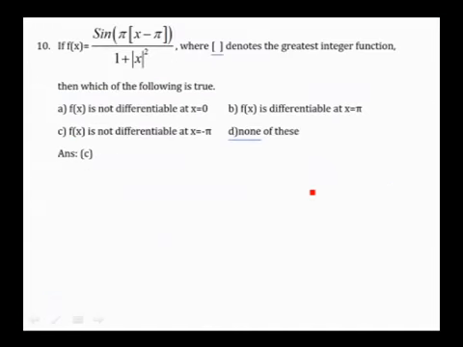10th question, f(x) is sin(π[x − π]) over 1 plus |x|², where [ ] denotes the greatest integer function. Then which of the following is true? f(x) is not differentiable at x equals 0, differentiable at x equals π, not differentiable at x equals π, none of these. So if you consider this function,